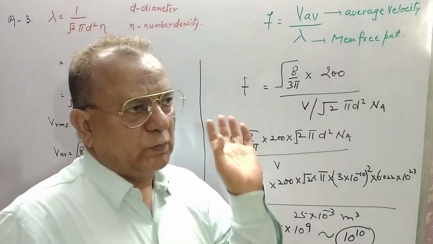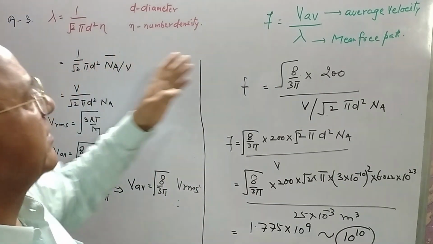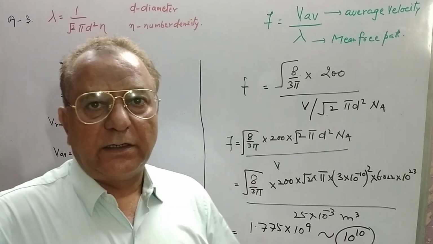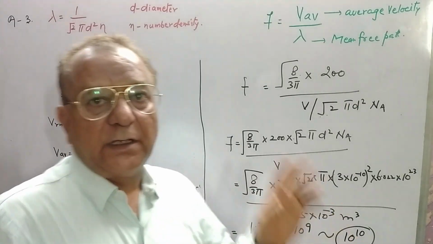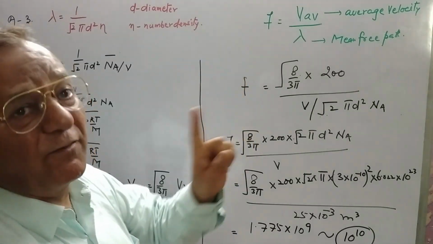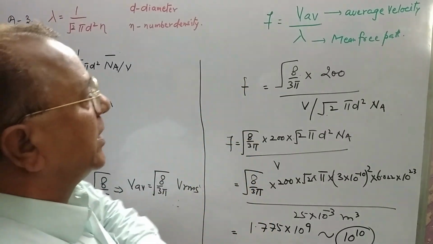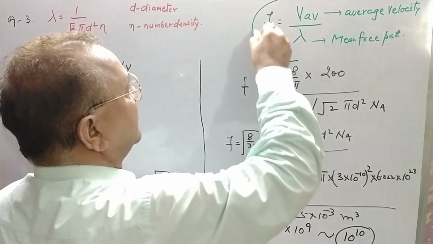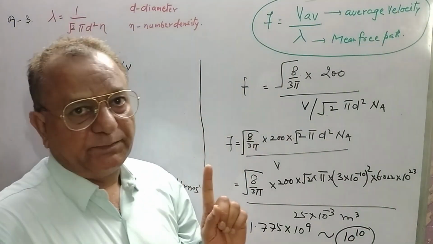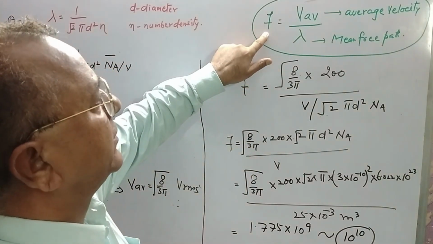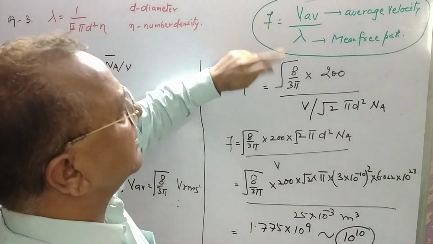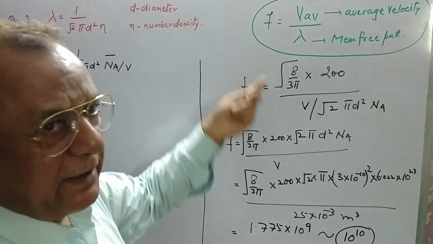Let me tell you, on the face of it, it looks very difficult. But recently, I have seen for the last 2 years, this topic has been covered extensively in examinations. I want to give you simple formulae. You are asked collision frequency, that is the number of collisions per second. Similarly, you can ask the mean free time period. But I'll just take this, and if you take its inverse, you'll get the mean time period.